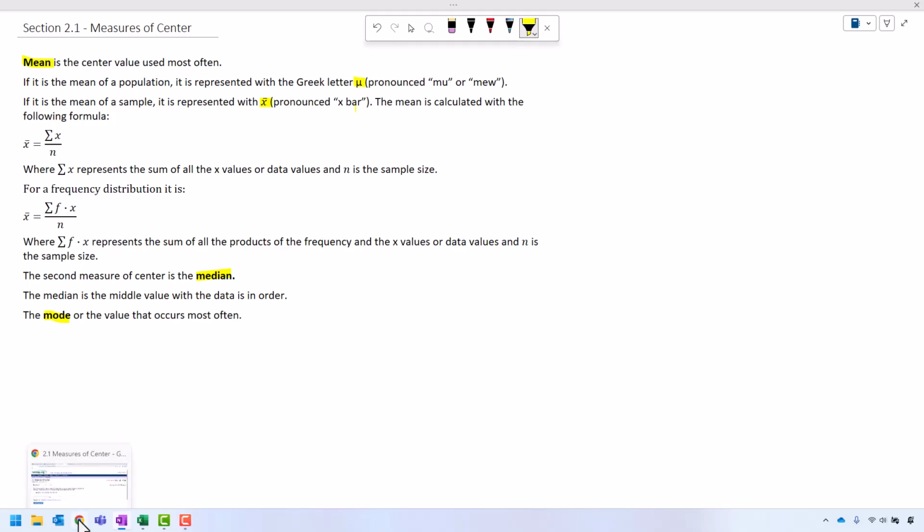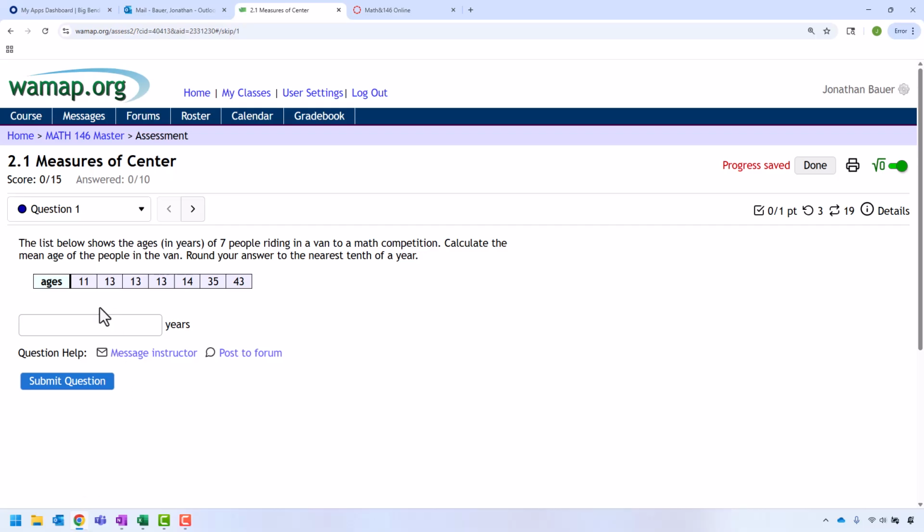Now I just want to look at some examples of what you might be expected to do. This is the first problem, I think, from section 2.1. It says the list below shows the ages in years of 7 people riding in a van to a math competition. Calculate the mean age of the people in the van. Round your answer to the nearest tenth of a year. So I think I can just grab this here